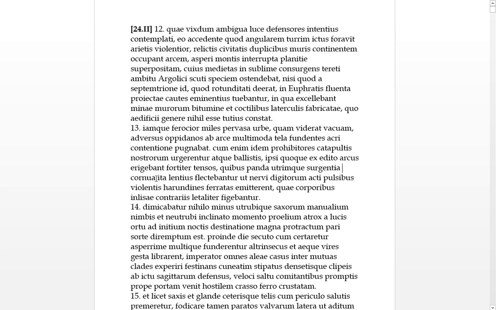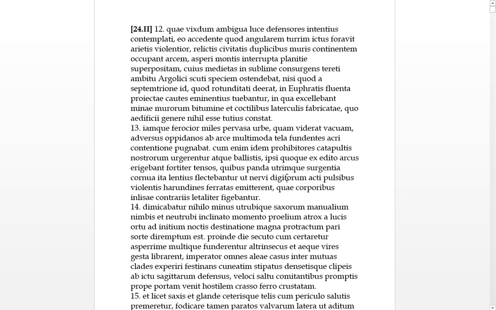Surgentia cornu, this could be like when you look at the moon as a half moon, it has corners, the top and the bottom of it. So this would be like the top and bottom of the arc of the bow. It is flectebantur, so the bow's bent back from the top bit with nerves, with strings. Thus, ita, lentius, rather slowly they've pulled back their bows so that